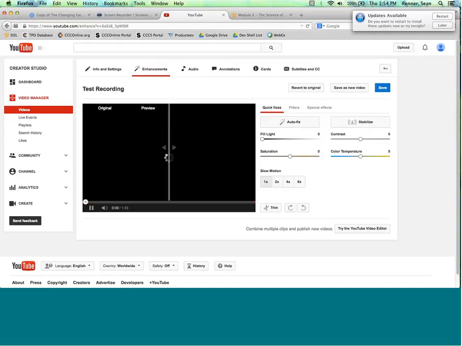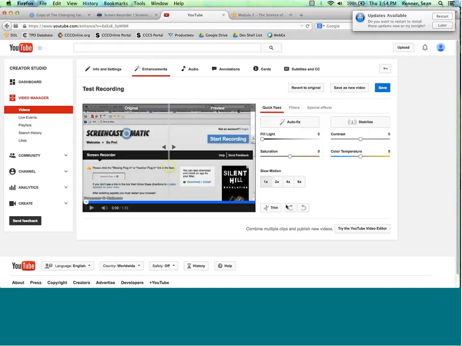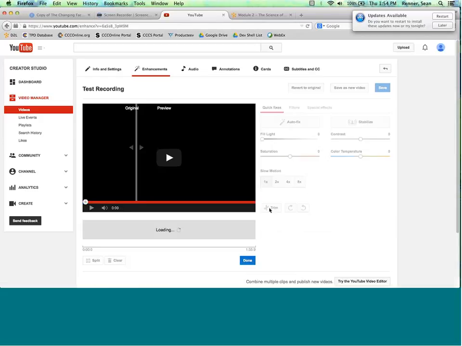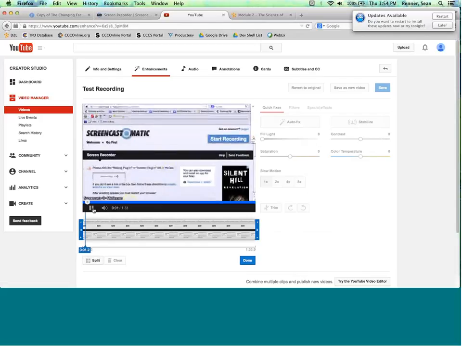And what I want to show you here is the trim feature, which is great. This kind of takes care of the editing portion of our process, where we kind of polish and clean things up. And the one thing I would show you here is a lot of times when you start your recording, when you end your recording, you might end up with a little bit of junk at the beginning and some junk at the end, where maybe you're rustling, you're clicking a couple of buttons to get it started. And a nice thing to do can be to trim out the very beginning and the very end where that's happening.